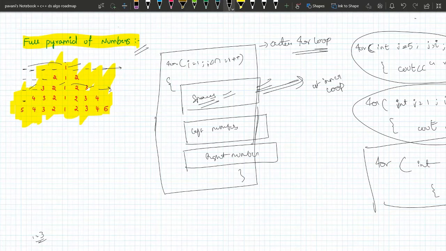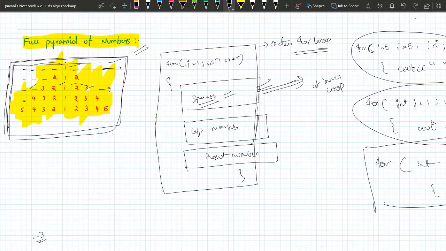there are three patterns over it. There are three nested loops we have to use. That means in the outer loop we have to use 3 inner loops, right? Why am I using 3 inner loops? Because the first one is to print the spaces. Now I'll take the example of the second row. The first inner loop is to print the spaces. I know the logic, because I have seen the videos in previous questions. We have solved so many questions in the previous videos, 3 to 4 questions on the space logic.